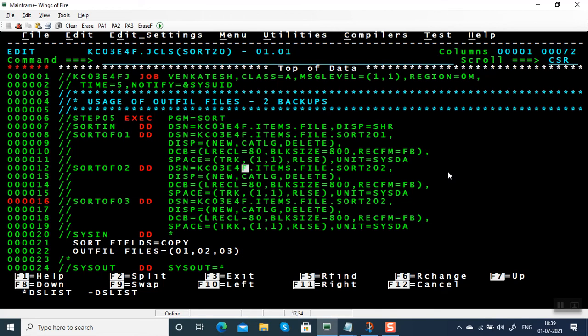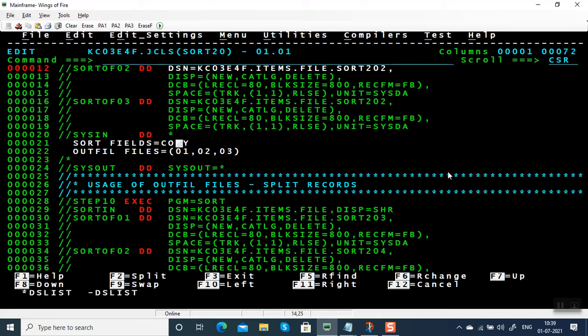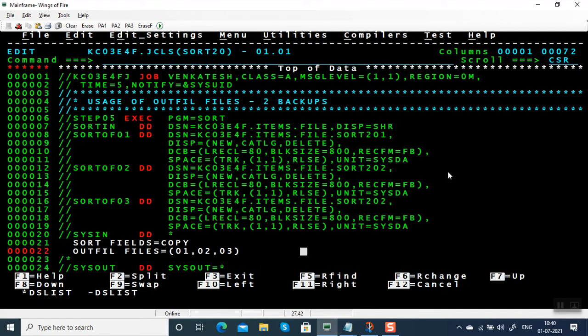Another way is you can give INCLUDE or OMIT like this. You can give INCLUDE=ALL, or OMIT=NONE. All these are keywords used in SORT. This is the most used, better way, 02, 03. You can use INCLUDE=ALL and OMIT=NONE, provided you are creating multiple output files and one output file is exactly the same copy and the other output files have a filtering condition, either using INCLUDE or it could be OUTREC in OUTFIL, where you are selecting specific columns.